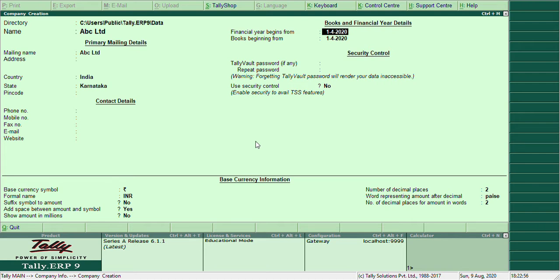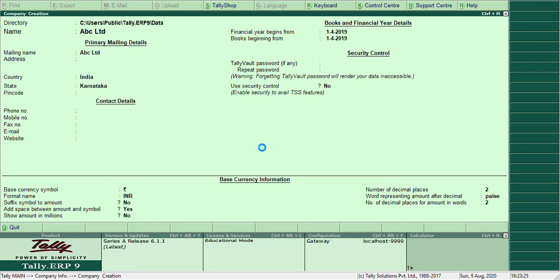You can just go on pressing enter, and what is important here is giving a company name and a financial year. Now I'm creating a company for the financial year 1/4/2019. Enter. Books beginning from is also 1/4/2019, and the rest of the fields I'll accept the same and accept the company.